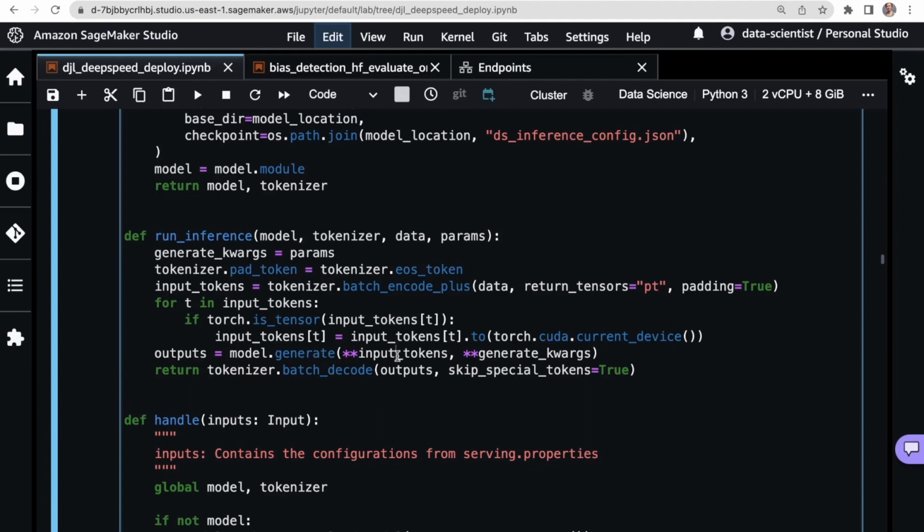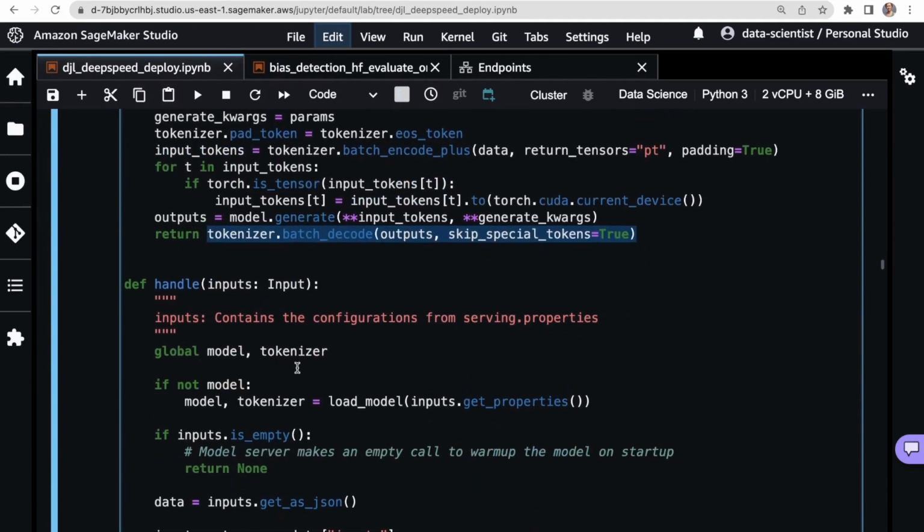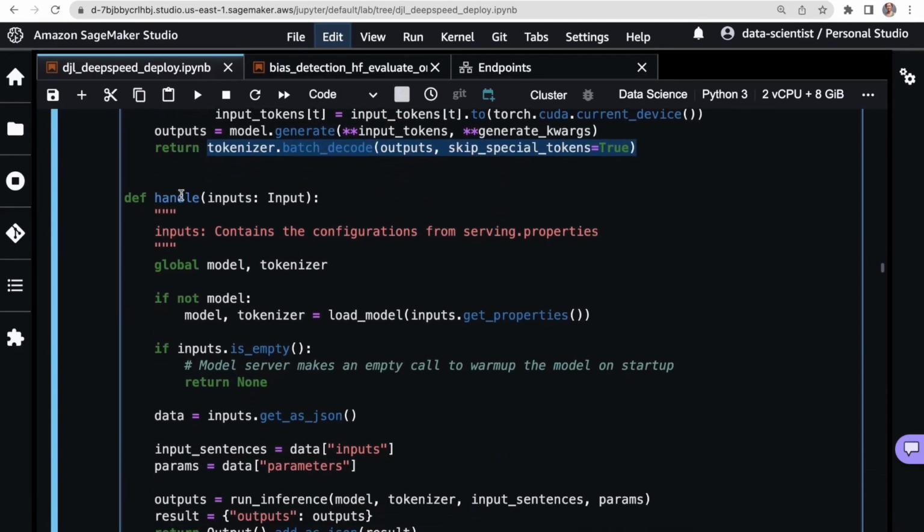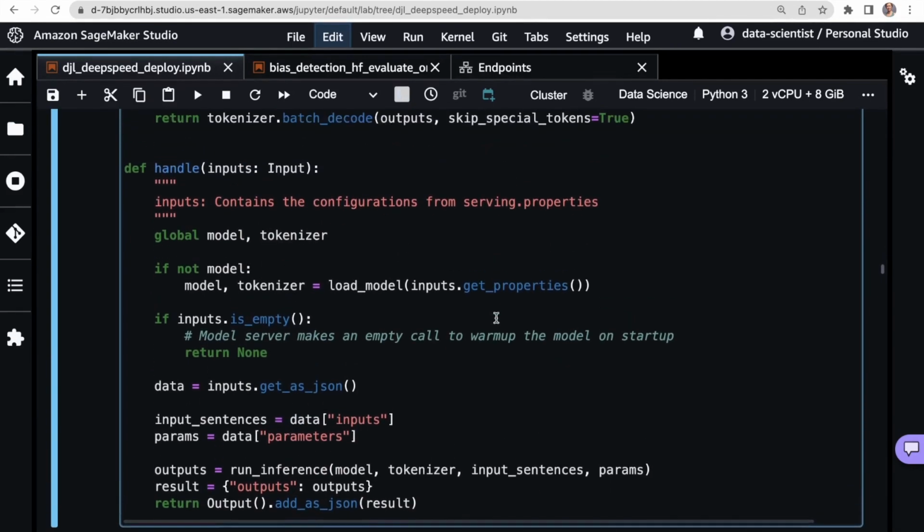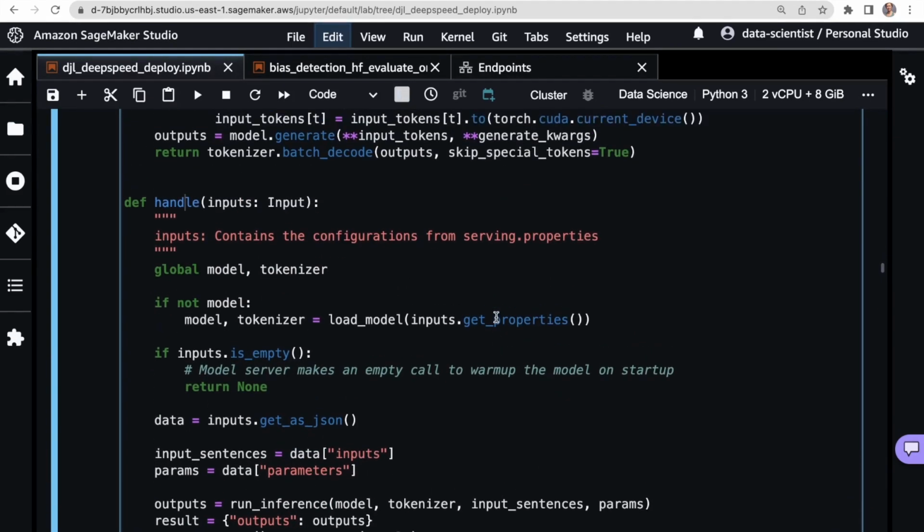So then we're generating the input tokens, and here we're adding that. All right, so we've set the token to the device, which sends it to the GPU, then call model.generate. Then we get these outputs, and then we're going to run the outputs through the tokenizer one more time to get the natural language.